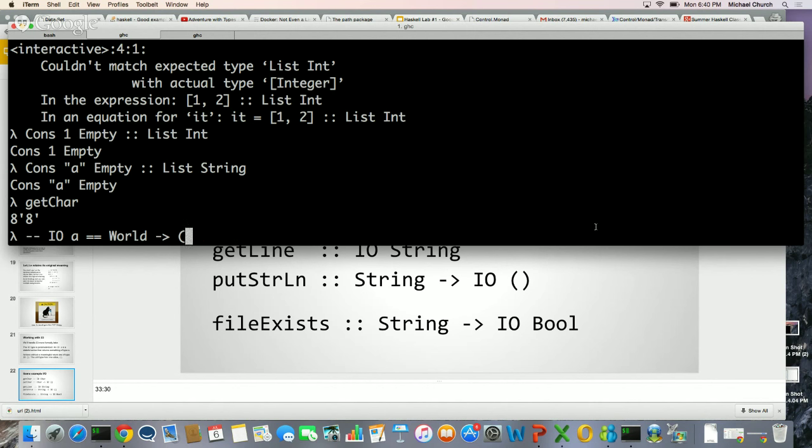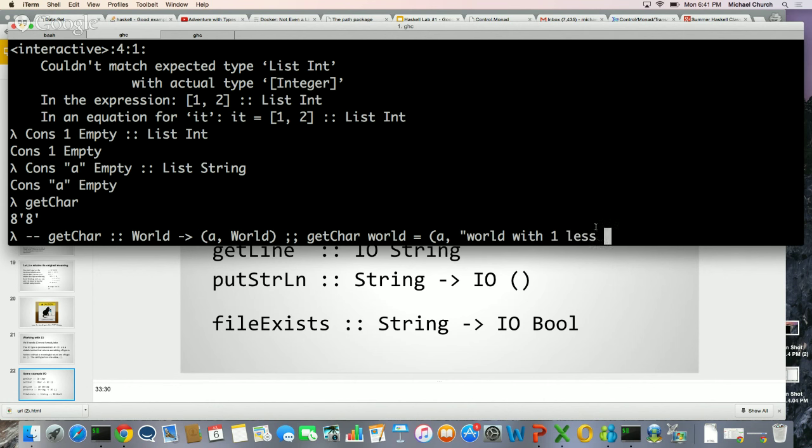So you can think of getChar as world arrow world, wherein what it does is it takes whatever the current world is, and it returns A and world with one less,